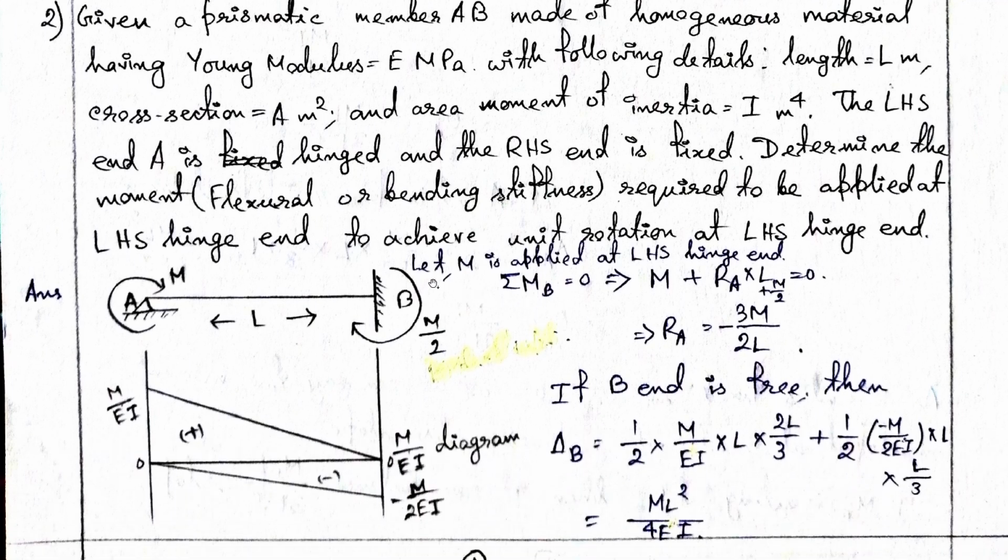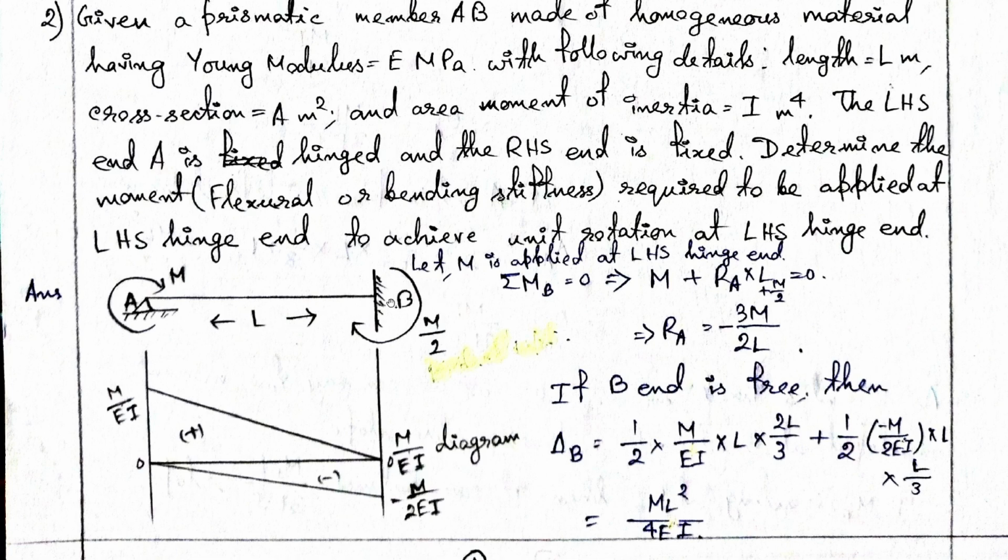So here we assume that moment M is applied as left hand side hinge end. So we apply a moment M. So now as a reaction we can say, if we briefly describe that if we apply a moment M at left end, then the beam undergoes a deformation,